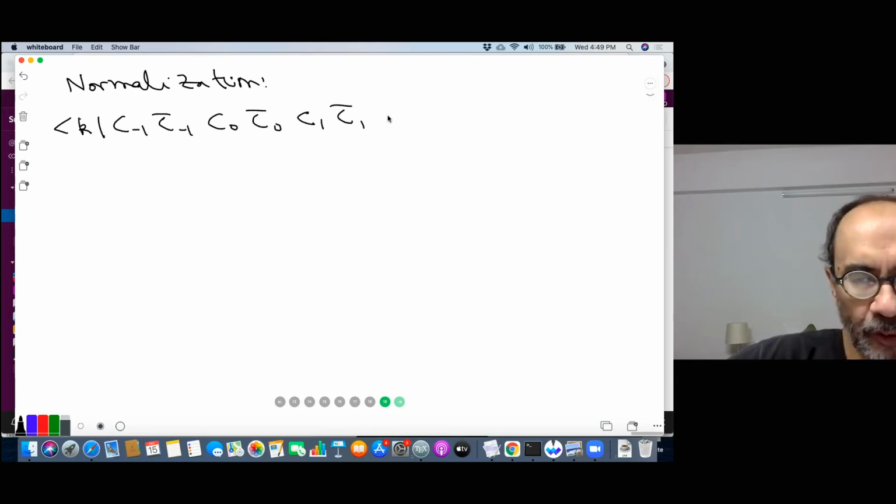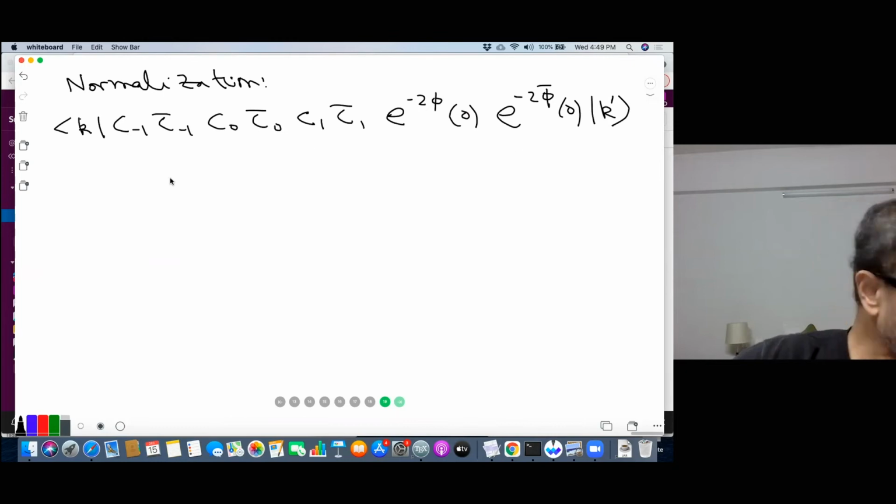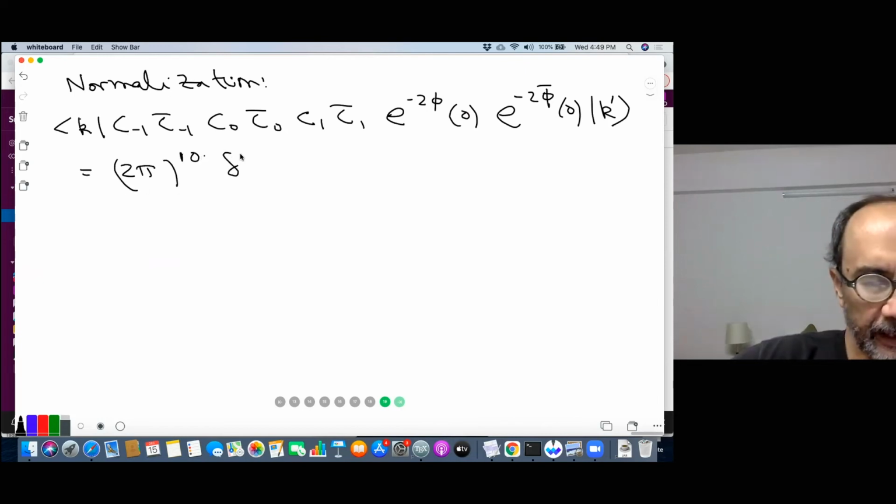And then we have to also put the picture numbers, otherwise this by itself will not give a non-zero correlation function. k prime. So these are the momentum states, e to the i k dot x of 0 acting on the vacuum. So this is 2 pi to the 10 delta 10